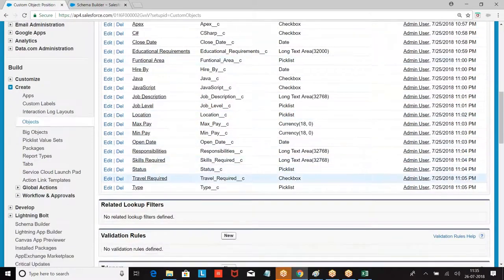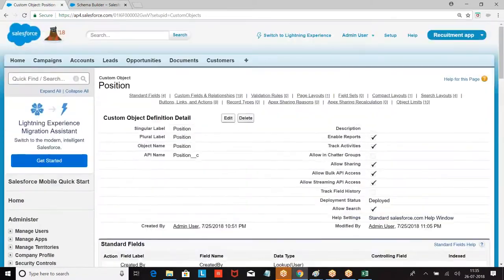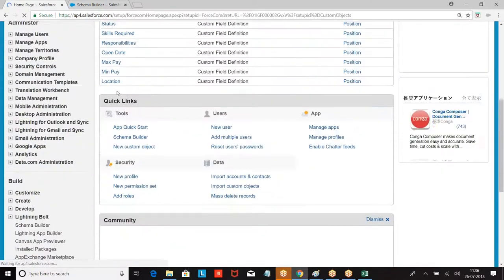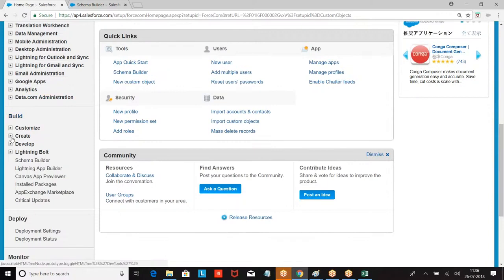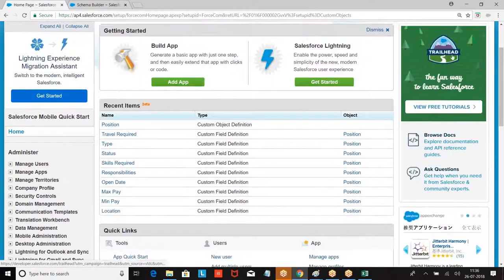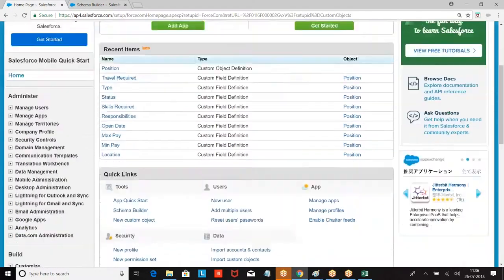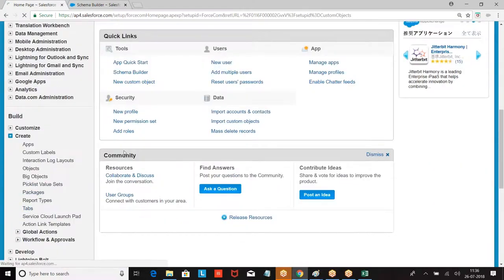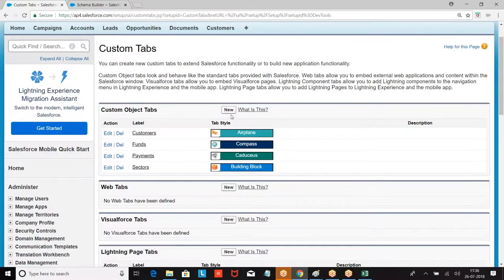Now I have a group of fields. Now if you want to see this object, what should I do? Create an application. What I'm doing, setup, build, create, apps. Already someone created, right? Now what is that? Recruiting app. Tab. Then I'm creating a new tab.